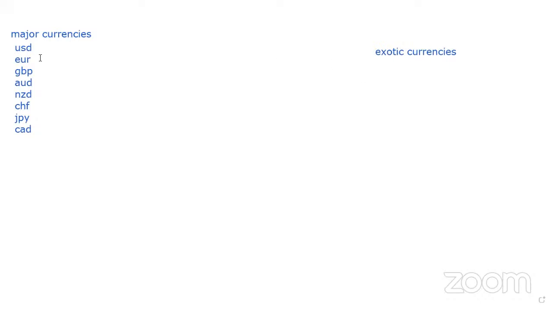Now, from these 8 major currencies, some are categorized for some reasons, like the USD, Euro, and GBP, which are seen as global currencies, in the sense that they're accepted in any part of the world. You can do your transaction with USD, Euro, and GBP in any part of the world easily. So they're seen as internationally accepted currencies.